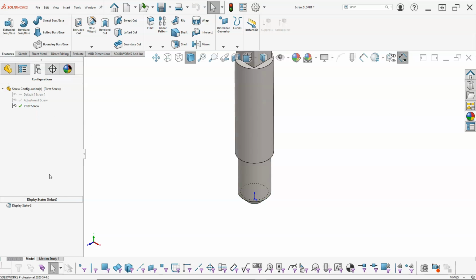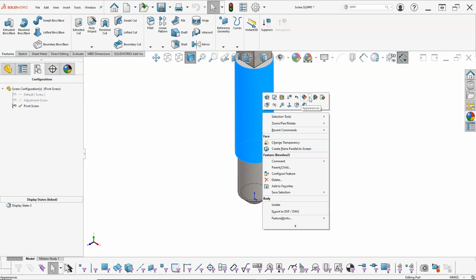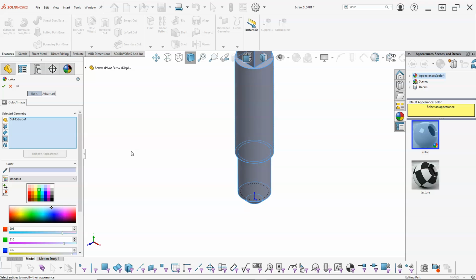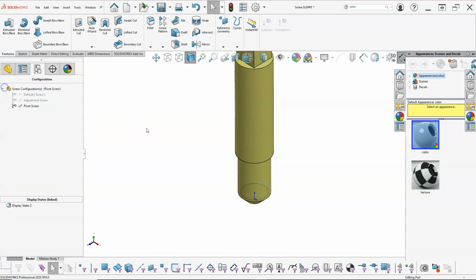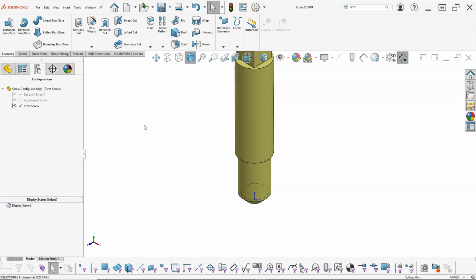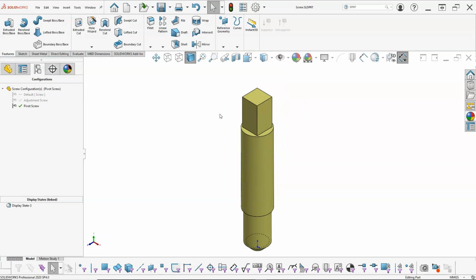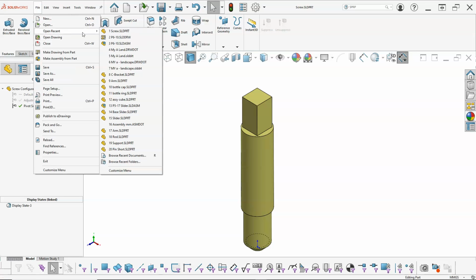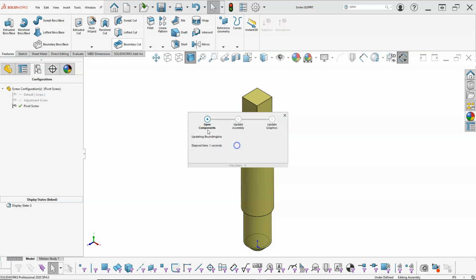Alright, so for the pivot screw, and then the same thing, do the appearances. And a lot of times the appearances will come over with a material, and we'll have to work with those. So the way that this goes into the assembly then, and we'll let it rebuild,